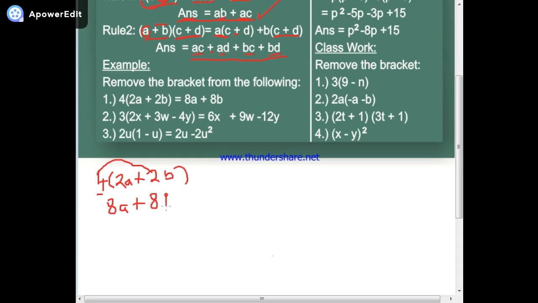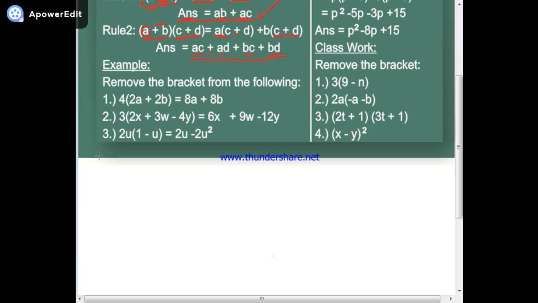And bring down the b. So that is how we arrive at 8a plus 8b. So that means this is our final answer. 8a plus 8b. You see that this one is correct. Now, next one is